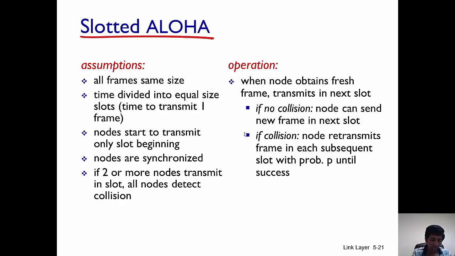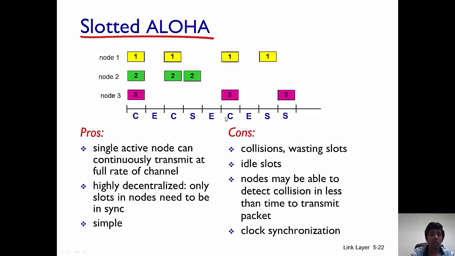Now, if both nodes decide to transmit once again in the subsequent time slot, they're again going to cause this kind of collision. So, if there is a collision, a node will not transmit for sure in the next time slot. It is going to transmit with some probability p in the next time slot. This is going to give the transmissions a chance of succeeding. Okay, so let's look at this example. An example will make all the points very clear.